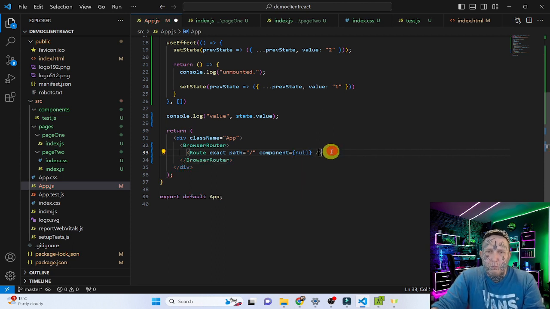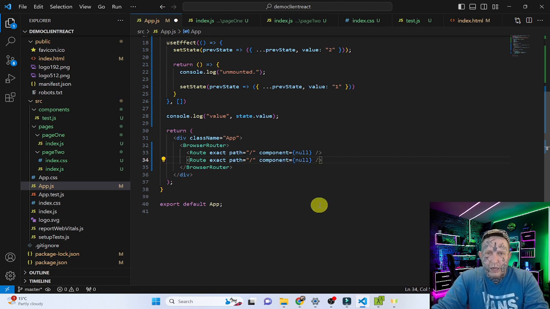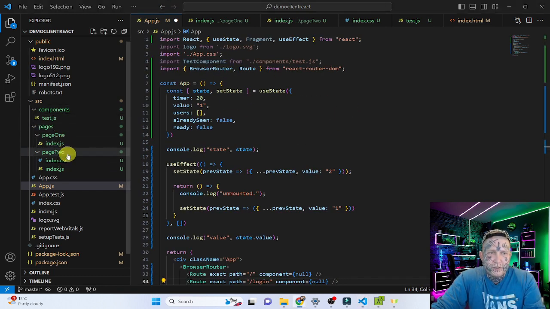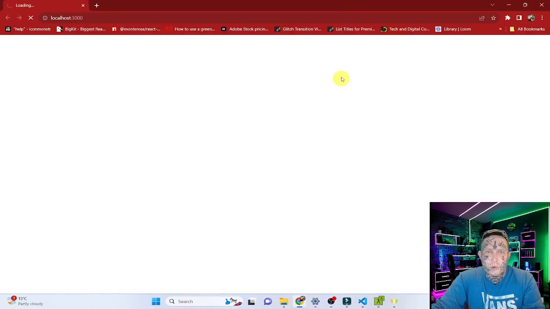And then we're going to duplicate this and then import our components and then put them in the component section. That's not a class. It's just the props. And then we're going to do, say, maybe login. Maybe we want a login screen, right? So now let's import these two pages, these two screens, into